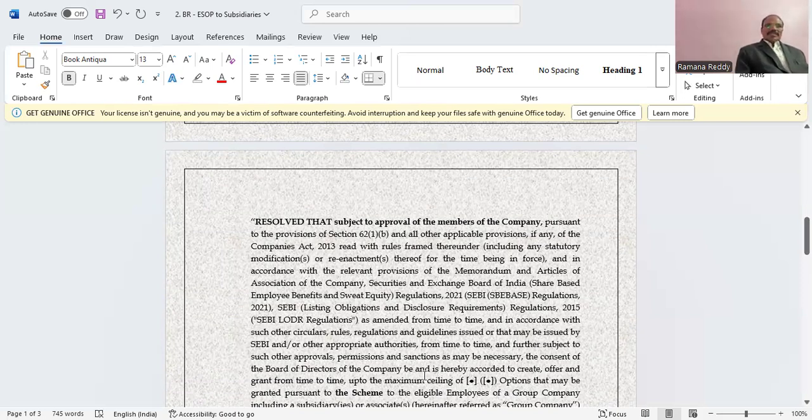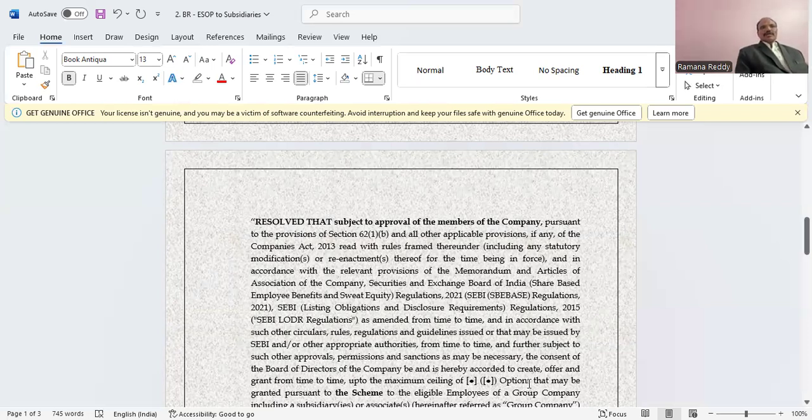So the consent of the board of directors of the company, B&D, is hereby accorded to create, offer, and grant from time to time up to the maximum ceiling of dash options. So the number of options we have to fill here. So fill up the blank. Maximum